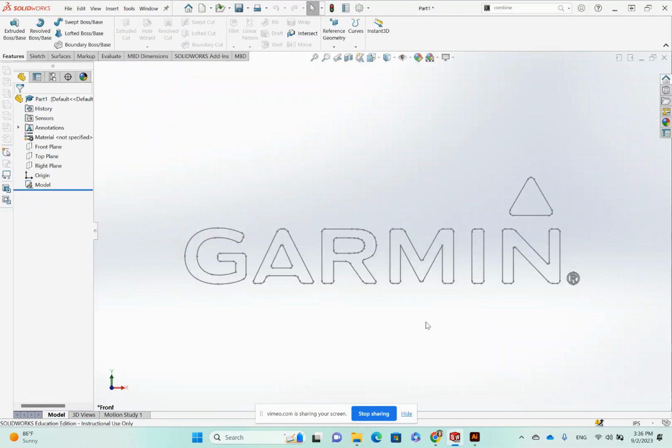So now it opened basically a new part file. You can see my GPS is completely gone, but it's really not gone. It's just in a different little window of part file here. So don't worry about that. Okay, since it has changed the Garmin logo into a giant collection of sketches, and I want to